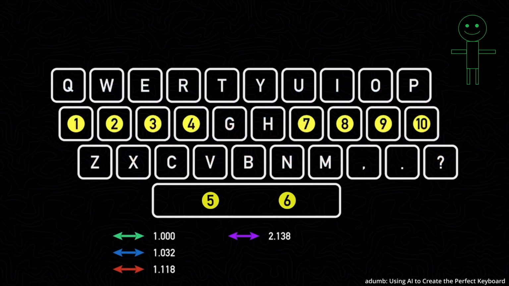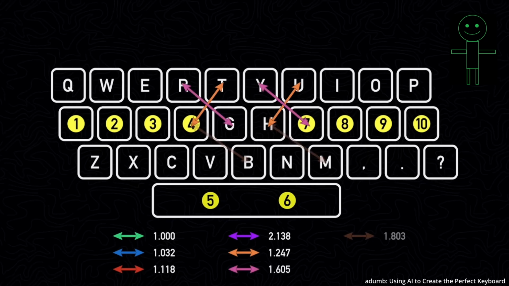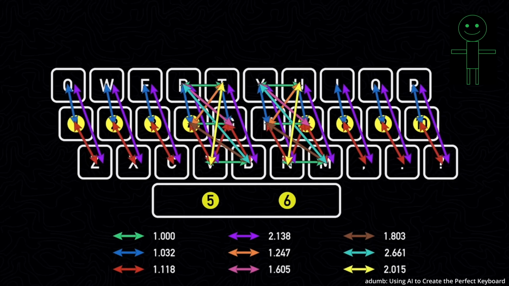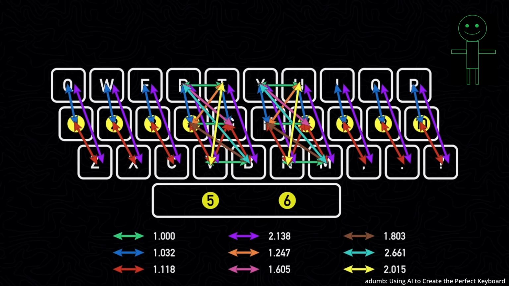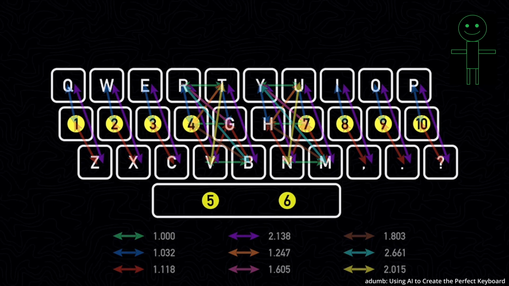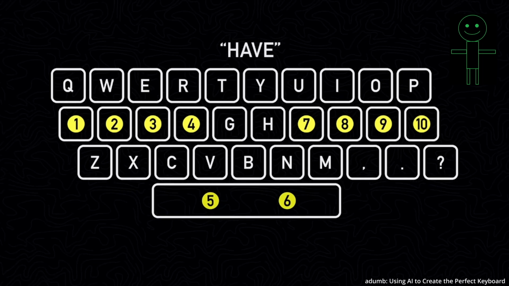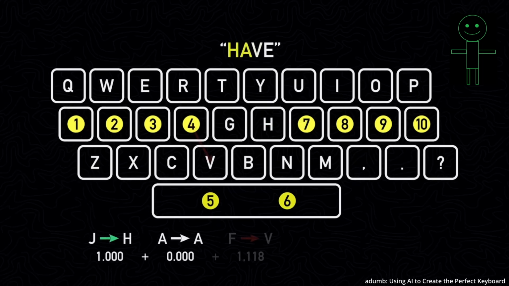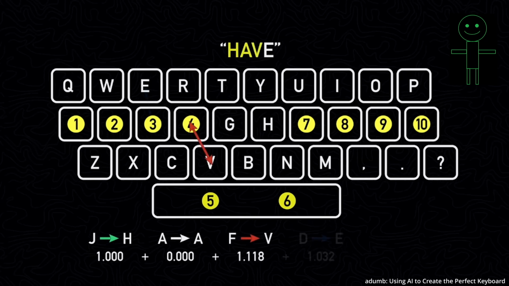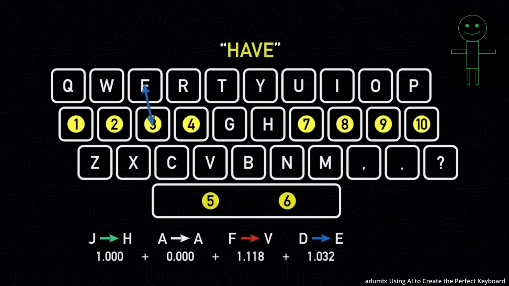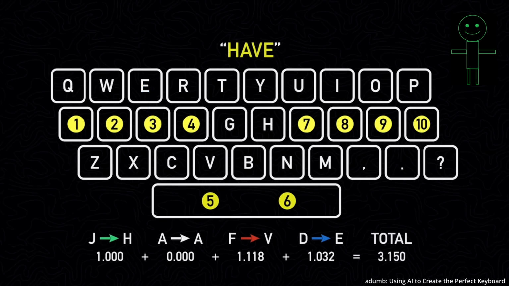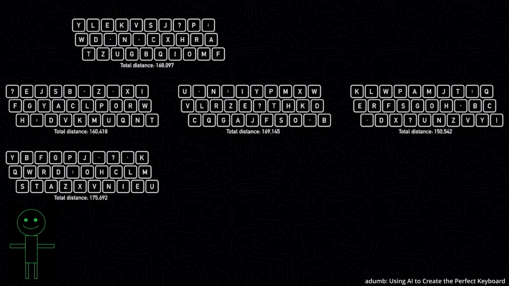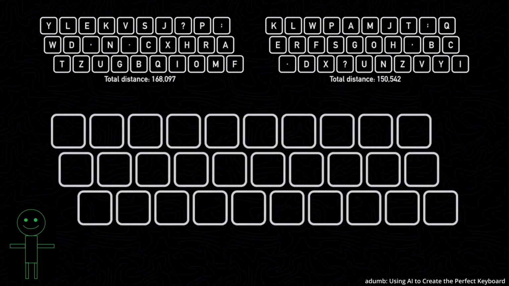And so what we did is we took in a bunch of data. We'll say in this instance, an entire English dictionary. And we said, how quickly can we type every single word using this keyboard layout? What it did is it tried to spell every single word by going from one key to the next, from where your home row would be on your fingers. And as it did this, it got a total distance that each finger needed to move, and that became that keyboard's fitness. The keyboard layouts with the highest fitness then went on to merge with the other high-ranking keyboard layouts,